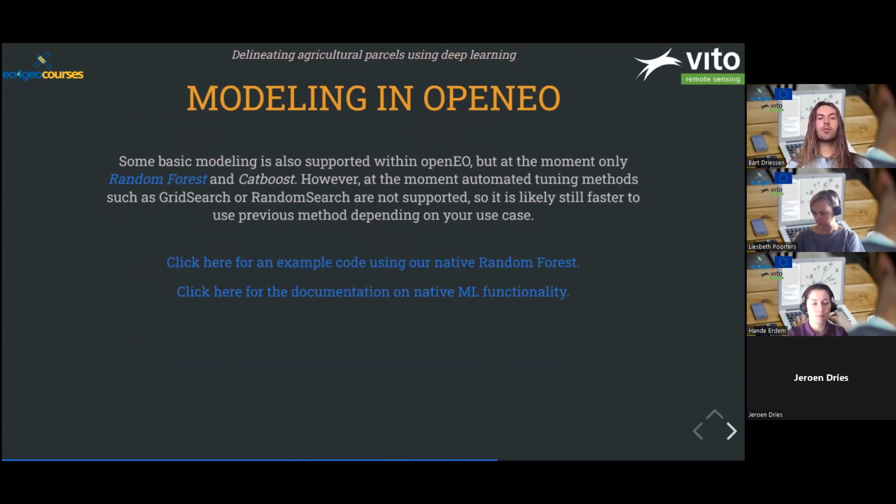Modeling in openEO. So we can actually model in openEO. We do support some basic modeling. However, at the moment, we only support random forest and CatBoost. But the problem with this still is that, for these models, you will not need to actually do it in openEO. I can train a random forest model